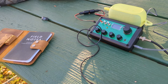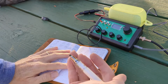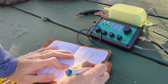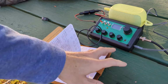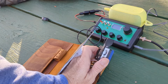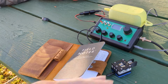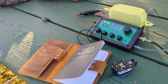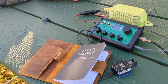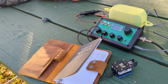N0SA designed them both. The SP4 was designed by him for C.W. Morse, whereas he makes these himself. In order to get these, you have to email him and get on his list, and whenever he has availability for these keys, he will actually send you an email and you can purchase them that way. So they're a little harder to get. He doesn't make a whole lot of them, so that can be a problem getting them as well,